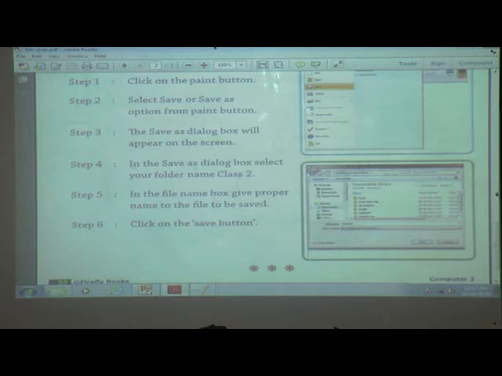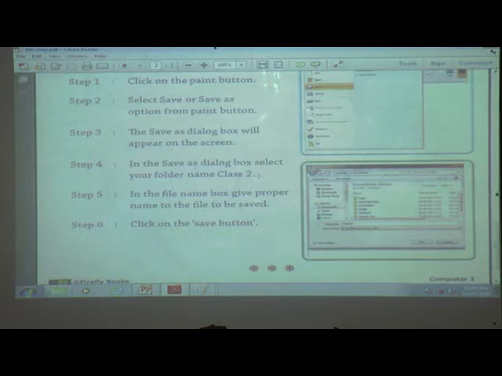Step 4. In the Save As dialog box, select your folder name class 2. Means if the folder is already there, then no need to create a new folder.